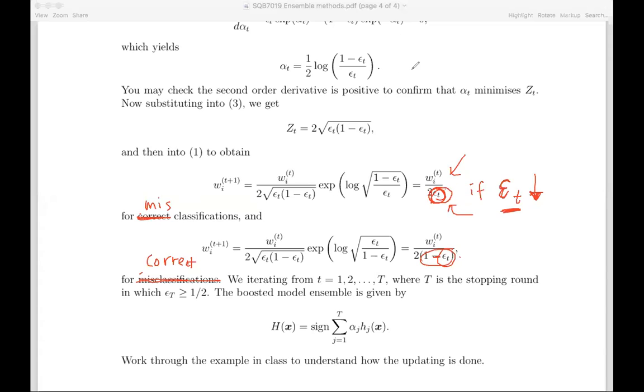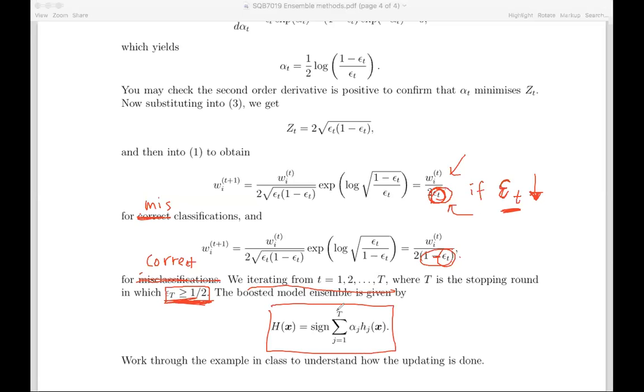Okay. So basically then you will iterate, right? Once you have this, you do it several rounds. This is some stopping rule: when your error rate exceeds a certain threshold, then you will stop. Right? So your final